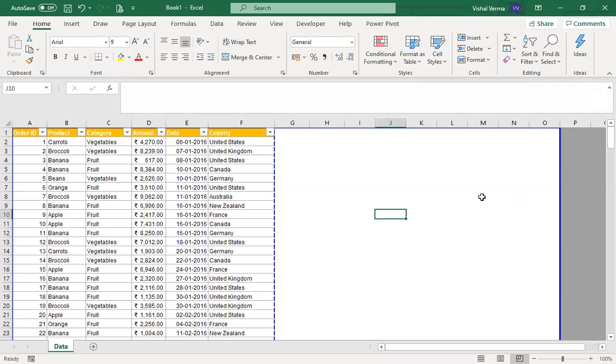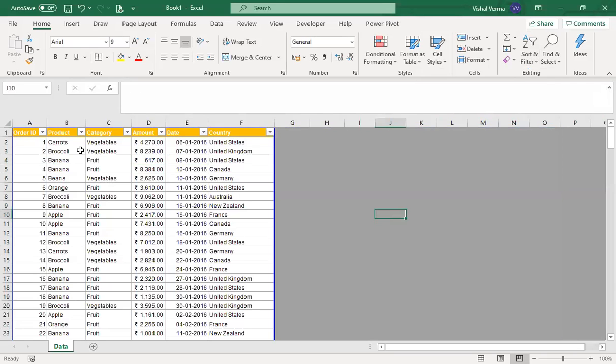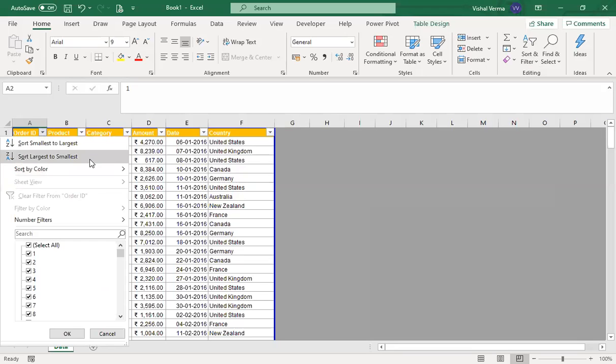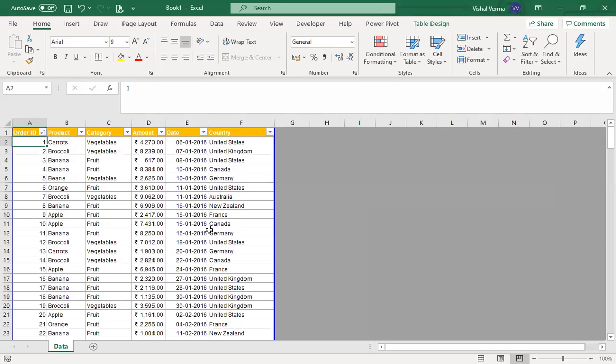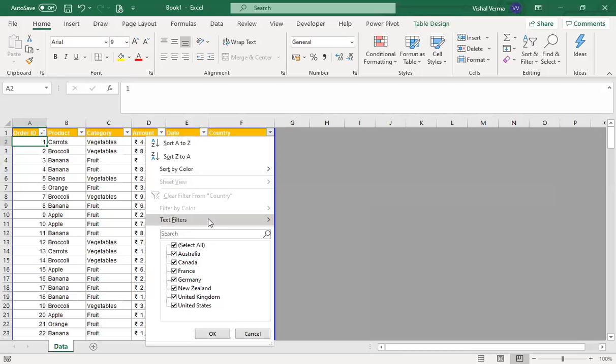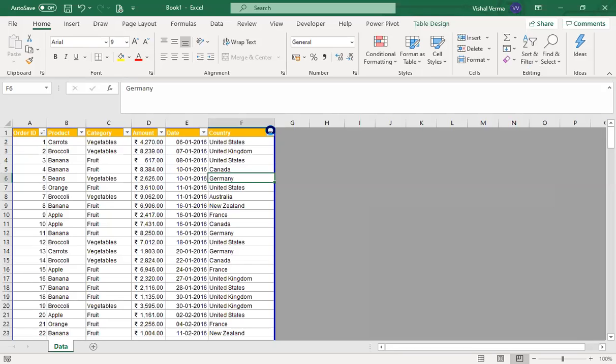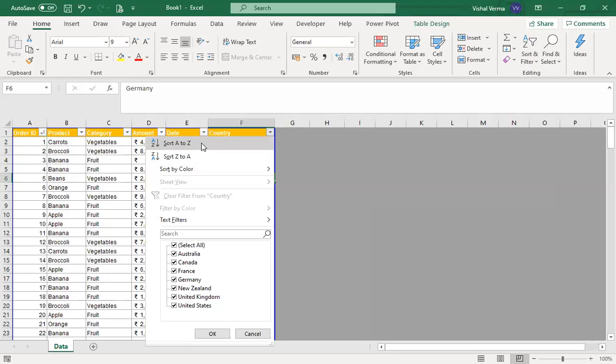In the case of our data, this is sorted on the order ID, in ascending order. So even if we select smallest to largest, it is already done. Now if I want it to be sorted not on this but on this column, from A to Z,